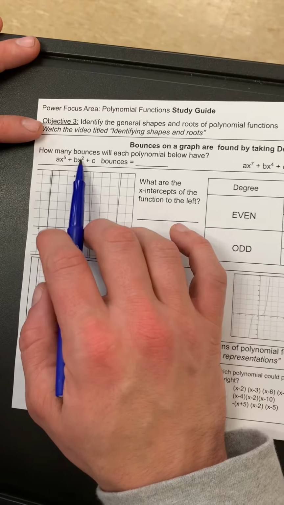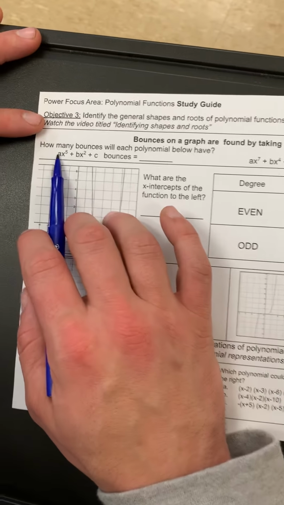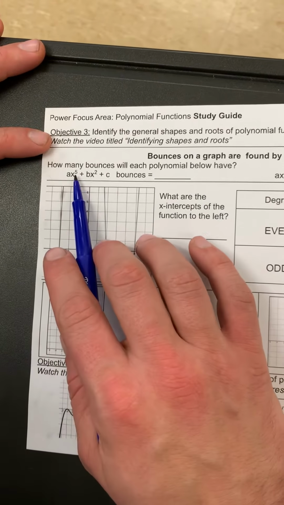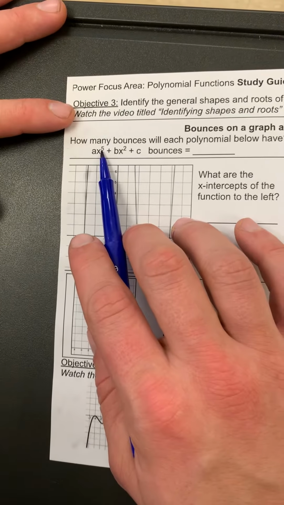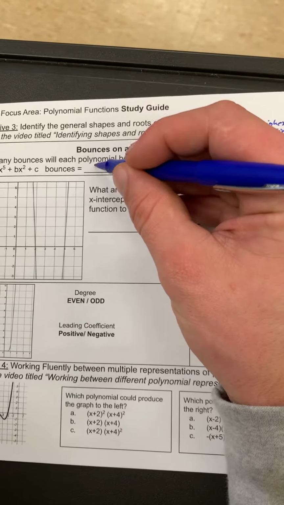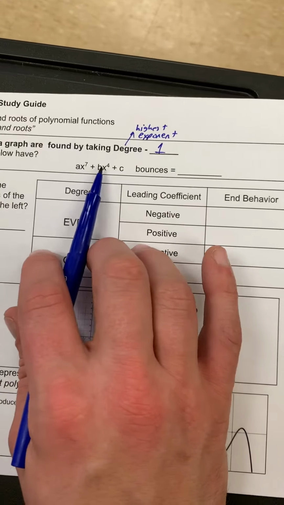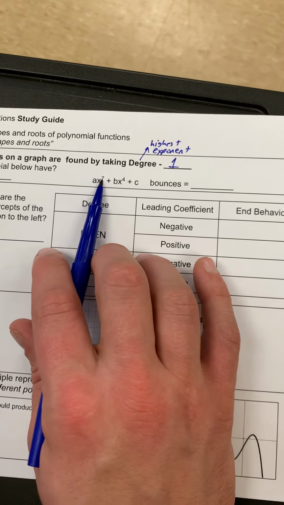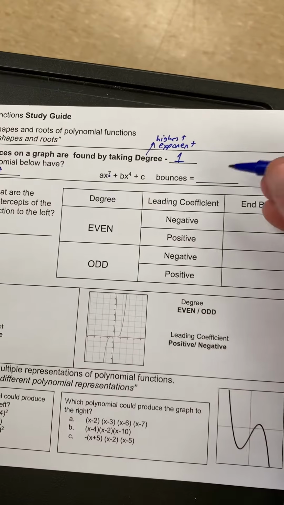Ax to the 5th, bx squared plus c. We don't even need values for a and b because it doesn't matter when we find bounces. All I see is the degree is 5. I take the degree minus 1. That means this function would have 4 bounces. Over here, I'll let you look at it. 7, 4, nothing. So obviously the highest degree is 7, that's the degree,